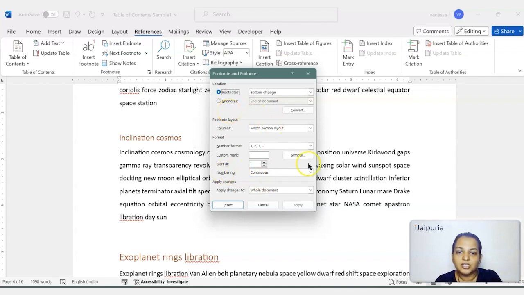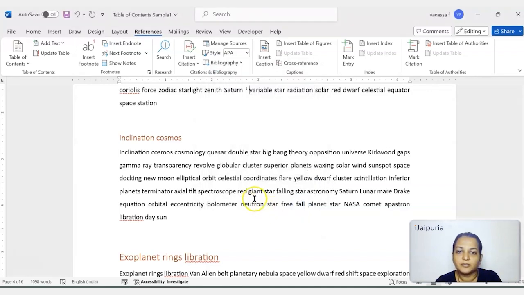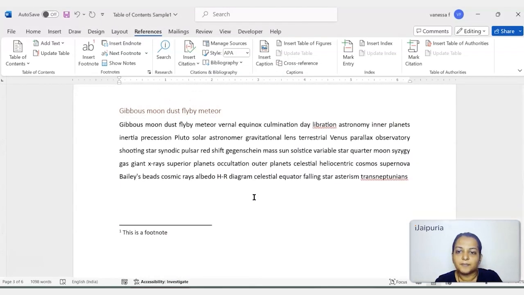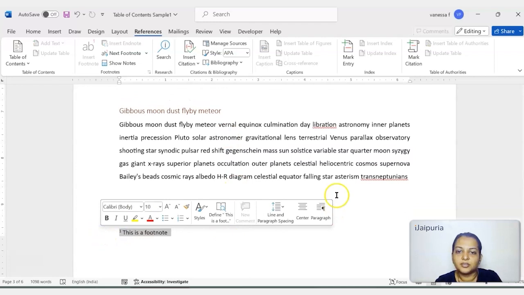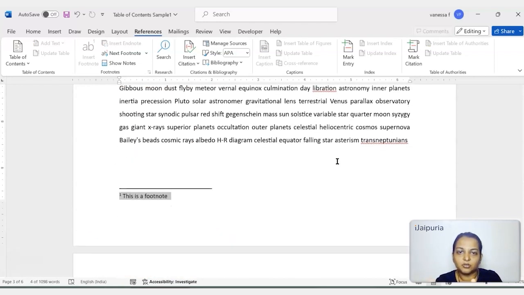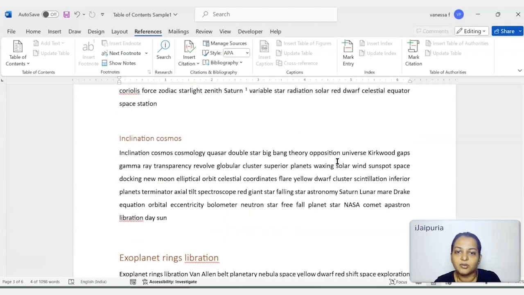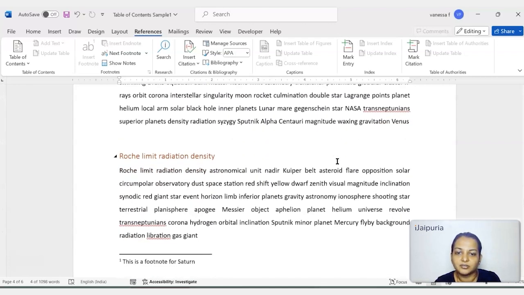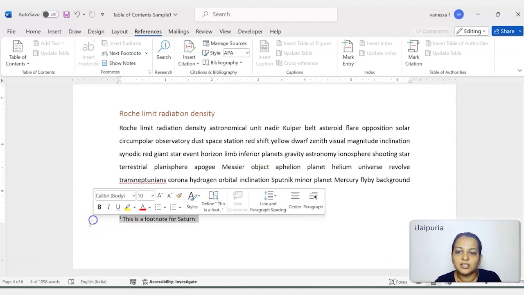Here I can choose that the numbering, instead of Continuous, should Restart Every Page. I'll click on Apply. Now this footnote that appears here is the first footnote for this particular page. If I go down to the word Saturn, you can see it again starts as number 1, because this is a fresh footnote that appears on the second page, and the numbering restarts for that page.